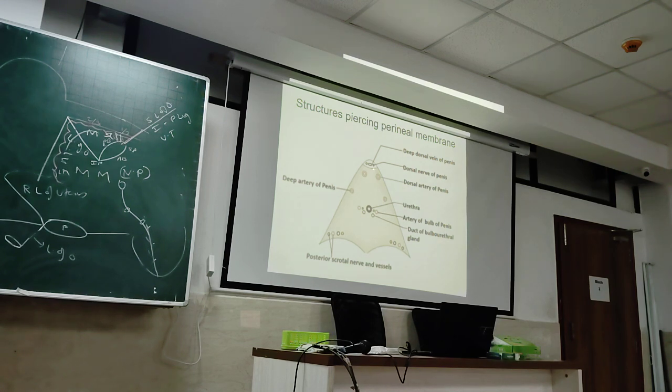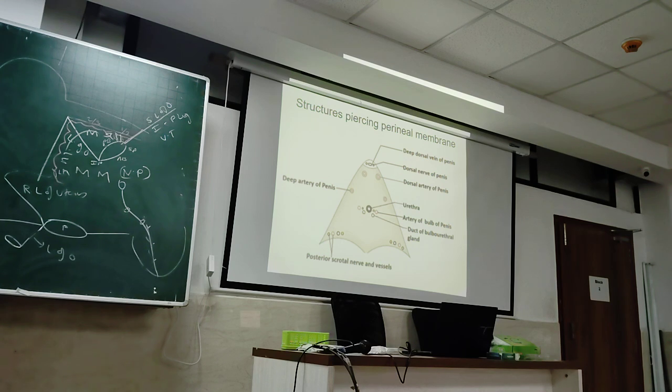The deep dorsal vein drains into the pelvic cavity, into the prostatic venous plexus. The prostatic venous plexus is a low pressure system of veins. In females, there is no prostatic venous plexus, so there is no low pressure system in the pelvis. Because the deep dorsal vein drains into the low pressure prostatic venous plexus, the erection of the penis disappears very fast in males. As fast as it gets erected, it equally fast drains, because the vein draining it goes into the low pressure system.